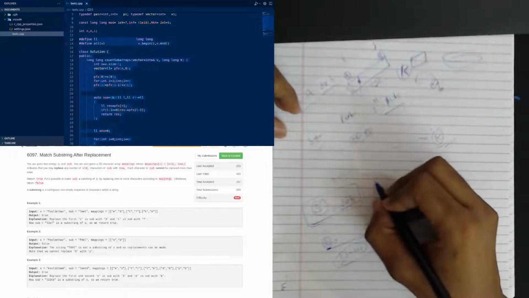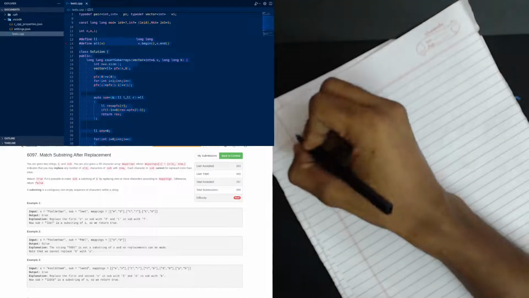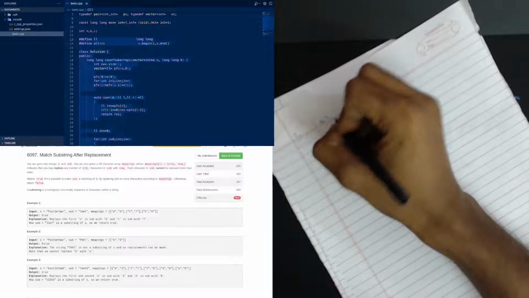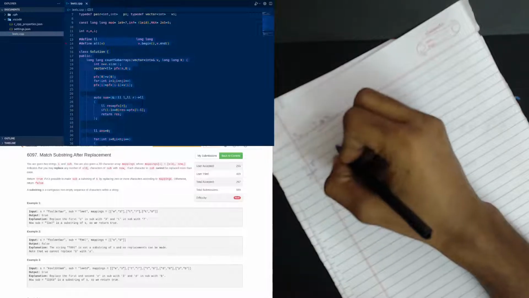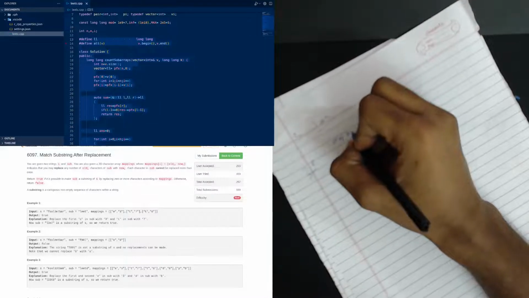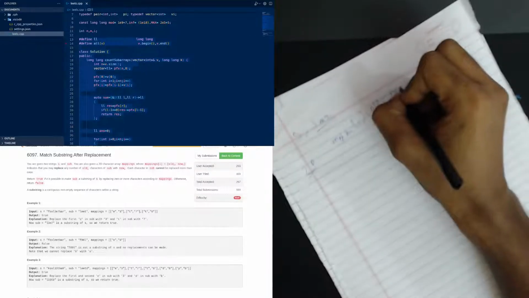You are also given a 2D character array. Okay, moving to the new fresh page. We are given two strings s and sub. We are given a 2D character array mapping, where mapping[i] equals old i and new i, which indicates that